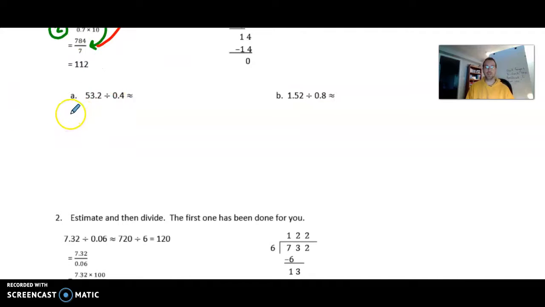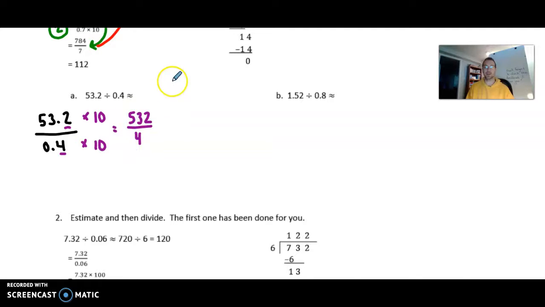I'm going to rewrite this as 53 and 2/10 as a numerator, divided by 4/10. And we need to find an equivalent fraction that doesn't have a decimal in it. So I'm going to multiply this to get rid of that decimal. Now notice that they're both in tenths, so I'm going to multiply by 10 to get rid of that decimal. And we're left with multiplying it by 10, so it's getting larger by 1 place value to the left. That's 4. And this one's going to give us